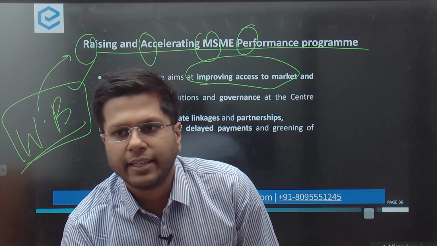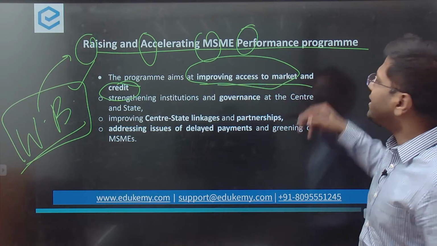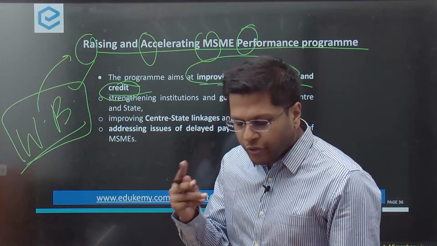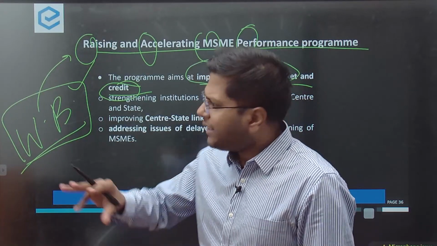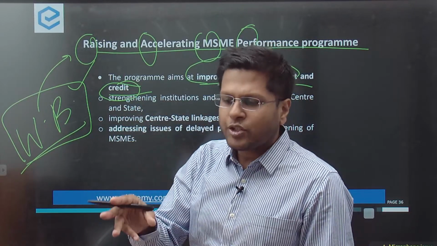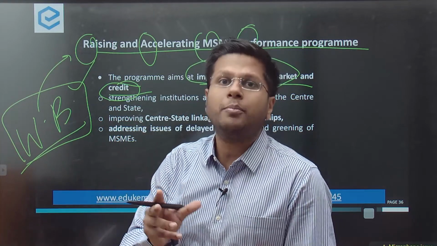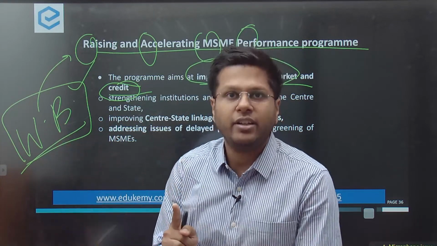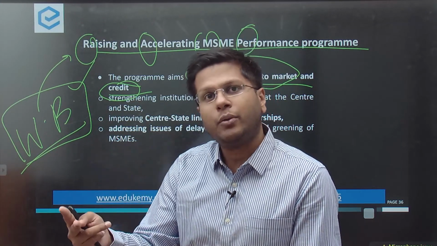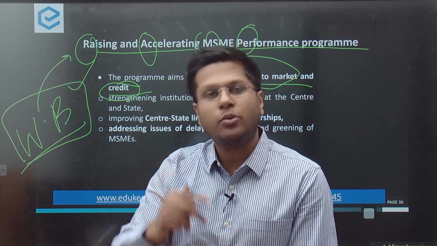All right, so let's continue with this discussion. Ideally, better access to credit and access to market has been the prime agenda. If you remember, we have covered various aspects of micro, small and medium industries. For example, private sector participation in waste management, the informal sector in waste management. What is it? Micro industry. Similarly, in the textile industry, I remember having covered the textile industry scheme, right? If you know the name of the scheme, please type it down right here.